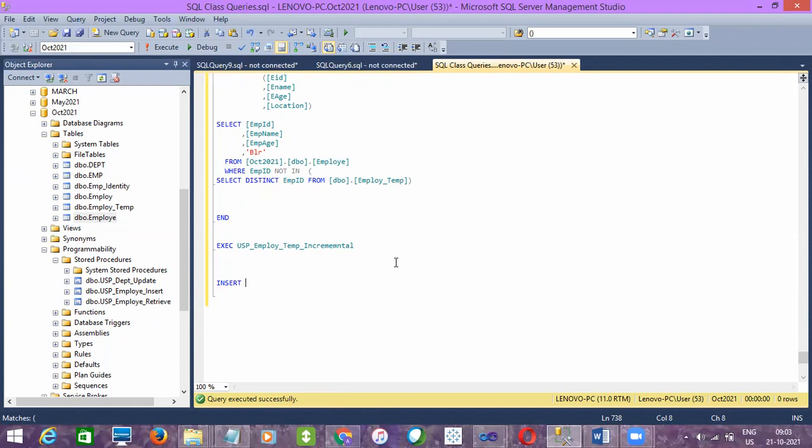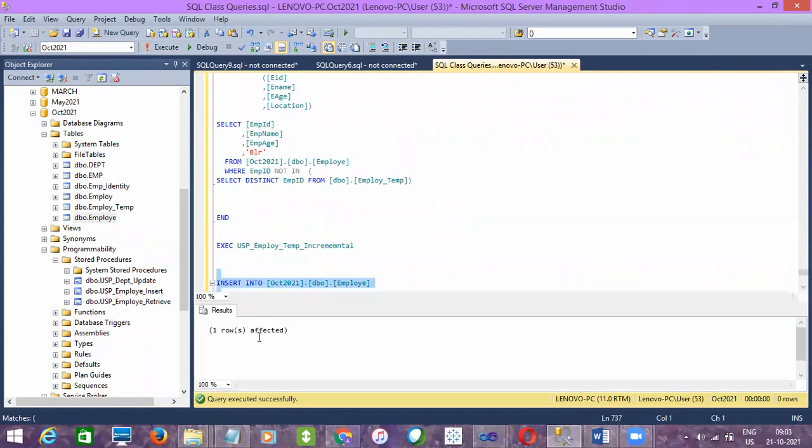I'm inserting a new record into source, which is not there in the destination. So insert into my source table. Source is nothing but where we are fetching the data from. Values: what is the order of columns? Employee ID, let's say 8888, and then employee name, let's say Amar, and then employee age, let's say 36, and then location is not there, right? Anyhow, leave it. So I'm inserting data in my source.